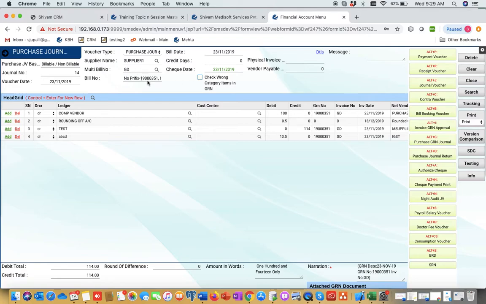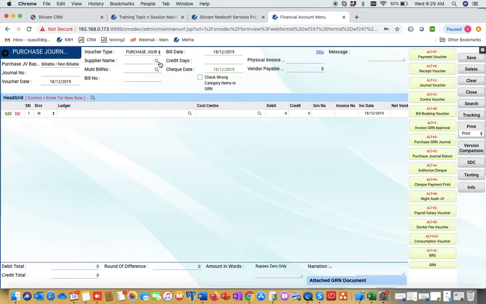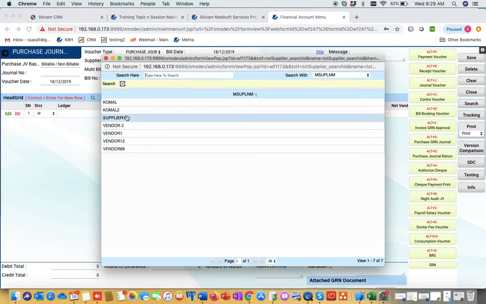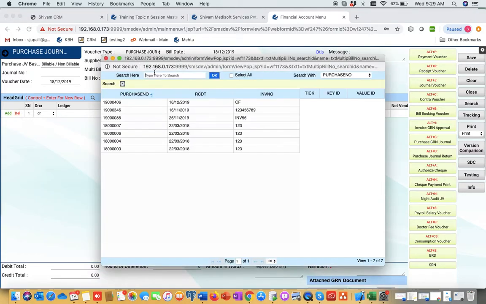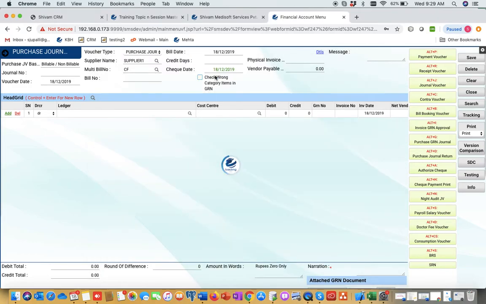Now you can see the bill number 1900351. If I try again to post the same bill, it will not come again. See, in this list the bill is not there. Suppose I want to post this bill, we'll select this bill again and click on OK. Again the same debit credit format will come.